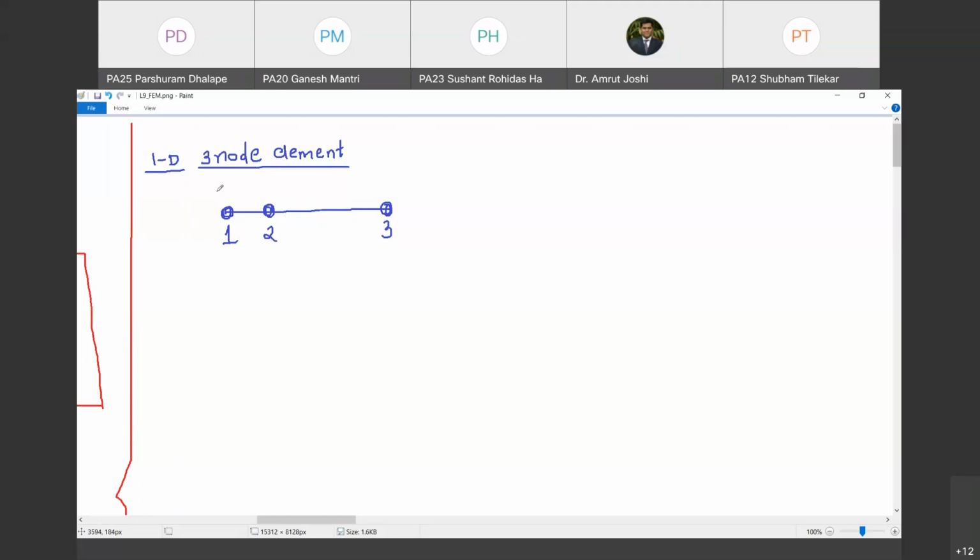Okay. And we will say that x coordinate of node 1 is x1, x coordinate of node 2 is x2, and x coordinate of node 3 is x3. Still it is one dimensional element, so we will always align x along the length of the element. Happy? So only एक ही coordinate का हमें ध्यान रखना है. It is not y and z coordinates which are important. Only x1, x2, x3 are important. Happy? Type your response in chat box if you understood till this point.